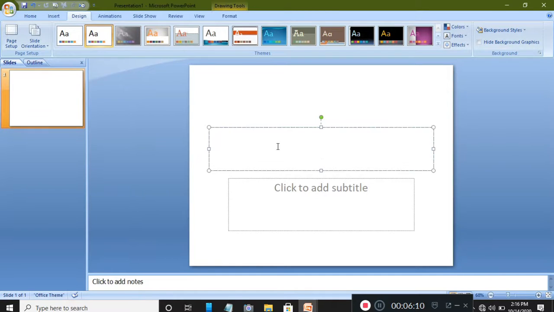Now you can see this is the first box, and this box is asking for the title. So I'm going to write down the title of my slide: Happy Diwali. Alright, this is my first box, which specially contains a title, and you can see these dots appearing here at the corner. Do you know what is the purpose of these dots?